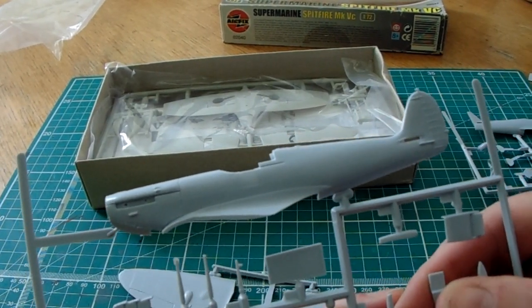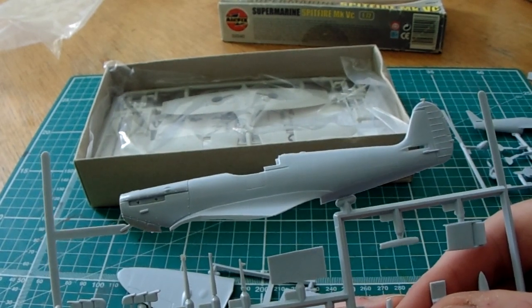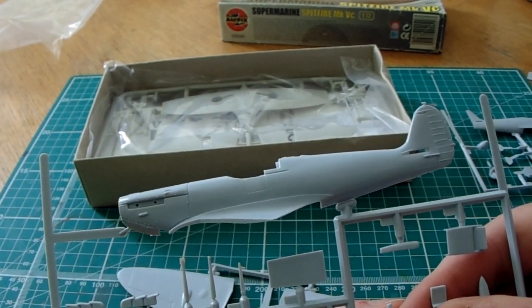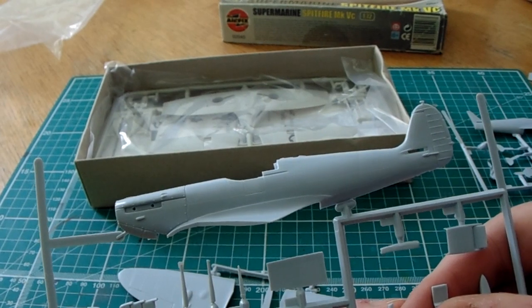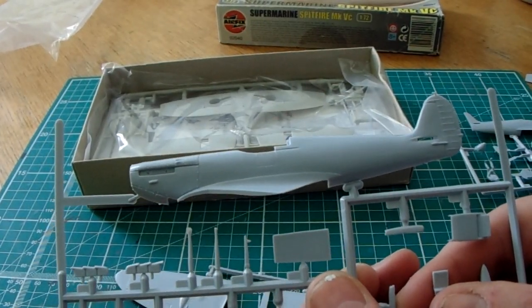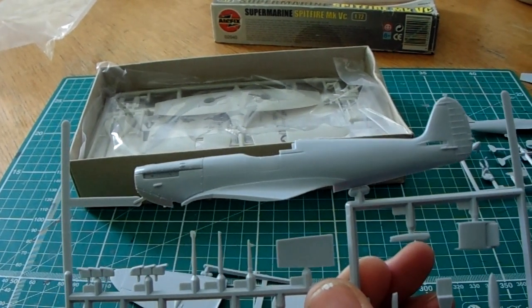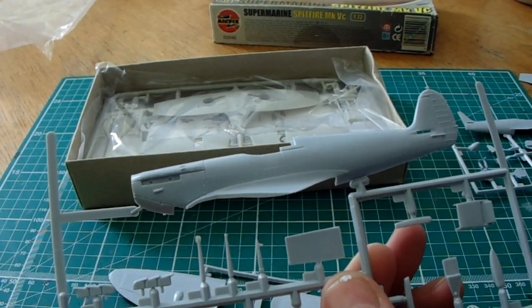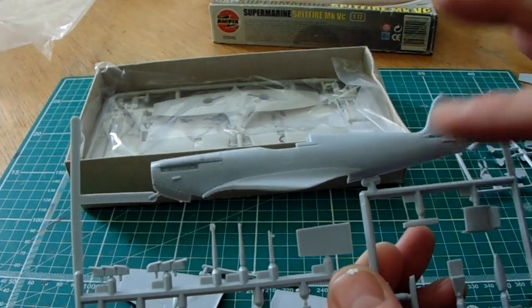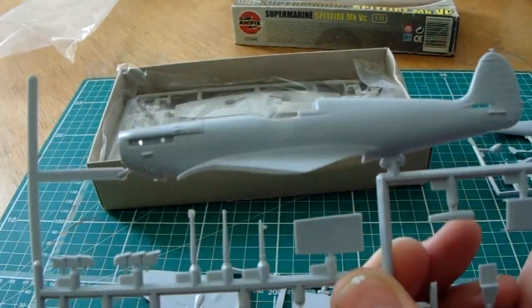But the detail compared with, say, the 2018 or 2017 Airfix starter kits with the Mark 1 Spitfire in, the recent kits are just a different world. The definition on the recent kits is 100 times better than on this little kit. However, as it's such a small kit, I'm going to rescribe it, and the reason I'm going to rescribe it